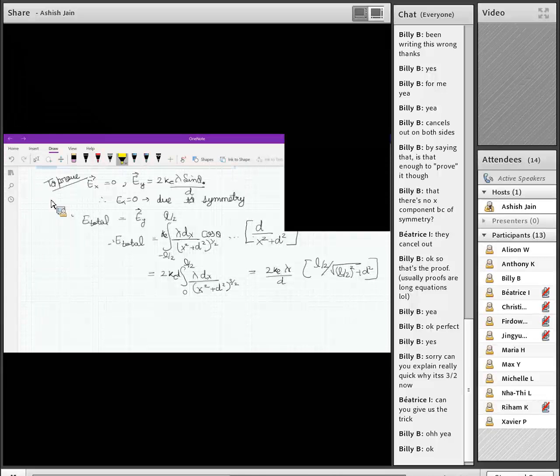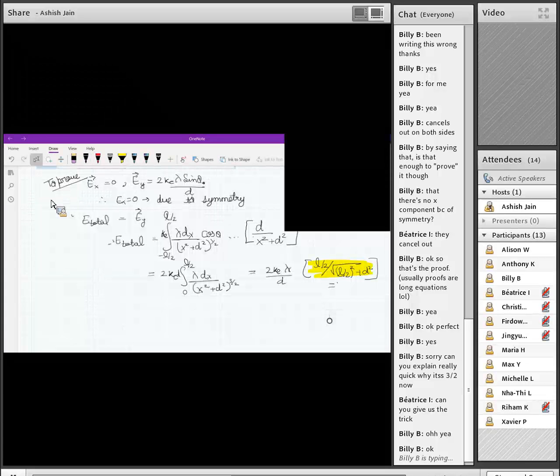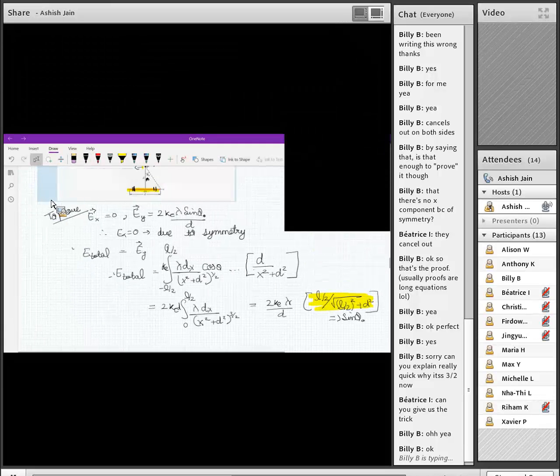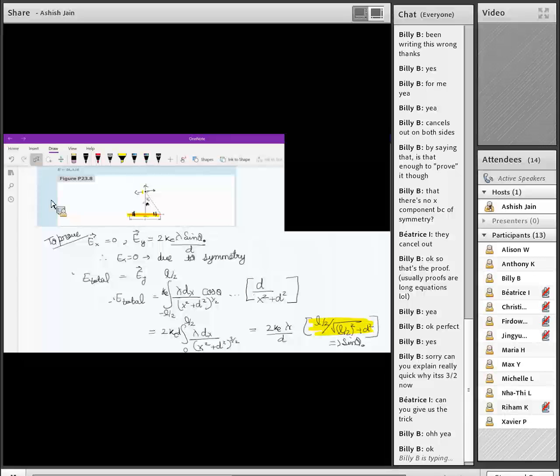Do you see what this quantity is? What is this quantity? This is sine theta naught, and it has to come out as sine theta naught because